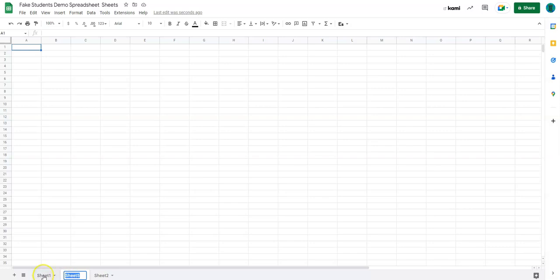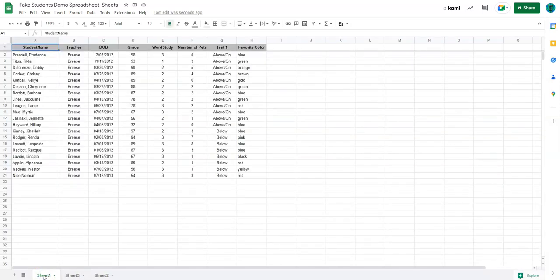The next thing that I want to show you is if you have a bunch of data in a spreadsheet and you're afraid you're going to ruin it, the easiest thing that you can do is go right here, click that, and use Duplicate. And what that does is make a copy here so it's still here, perfectly fine, not going to wreck this. And I can do whatever I want here and not worry about ruining the data that is